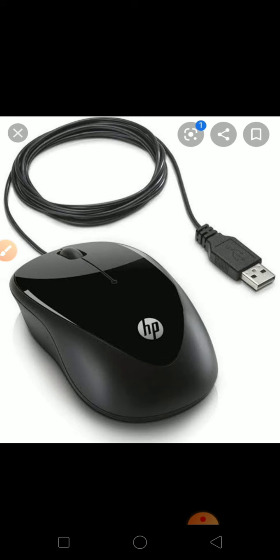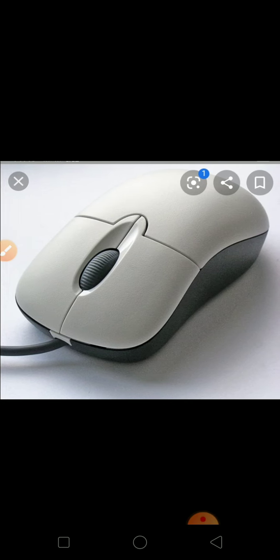Here, any image or anything you want to change its place, you have to click on the object that you want to move. Then keep the left button pressed. Okay, don't leave that. You have to press it and drag the mouse to move the object to the particular place. After completion of your work, you leave the mouse. Now your object or image will be in your new place wherever you want to keep it. This is the function of your mouse.